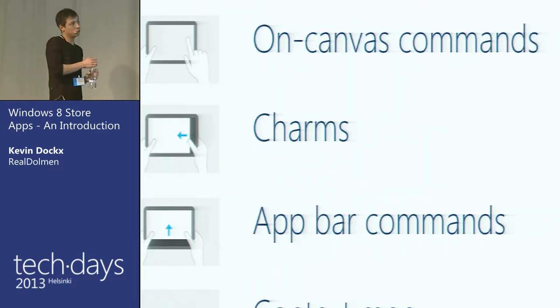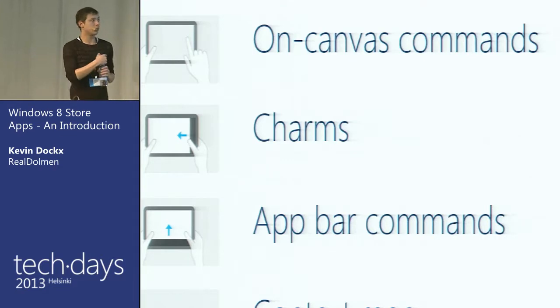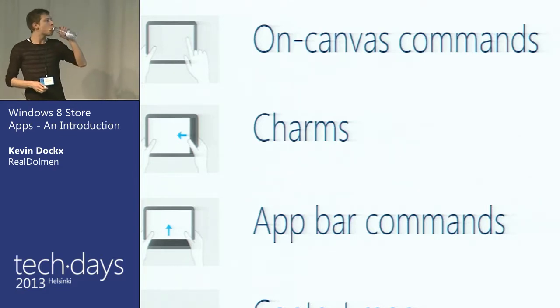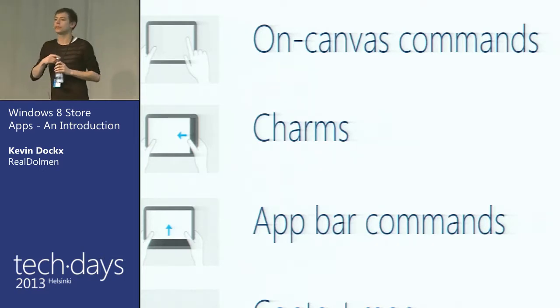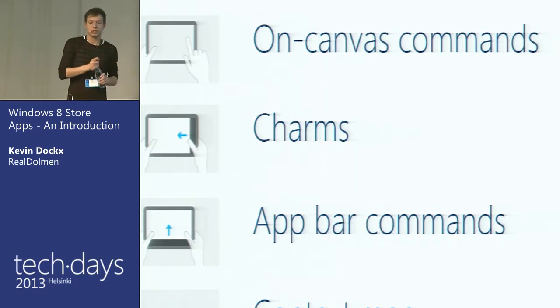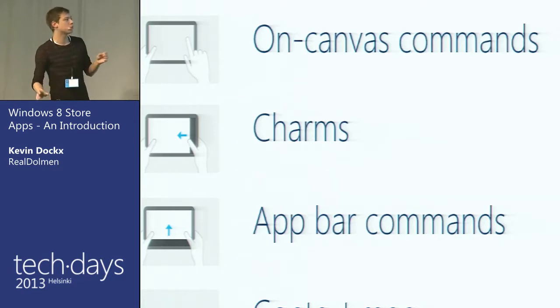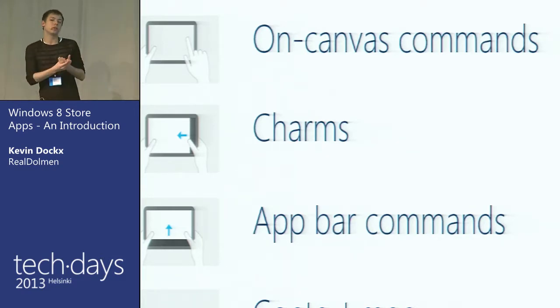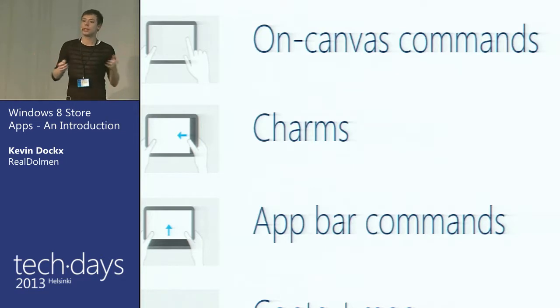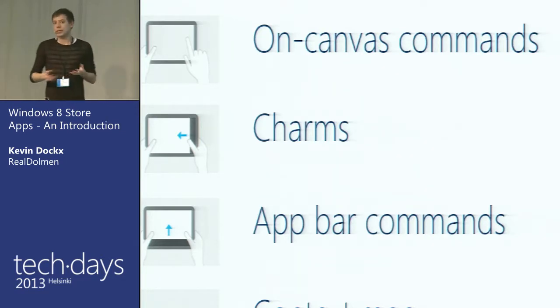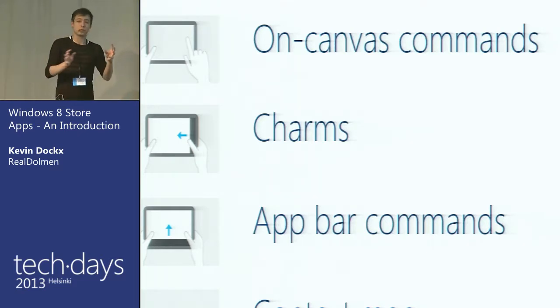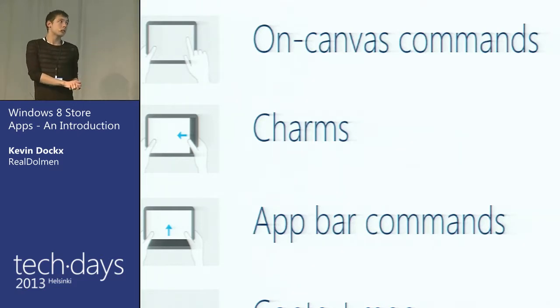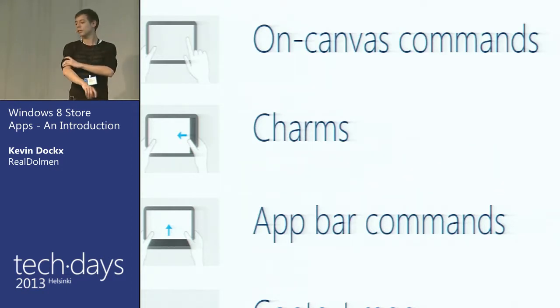Now, important to know, and that's a bit of a design guideline, you should try and hide away a lot of the commands in your app bar. I'd say that really essential commands for your app can be on canvas, but most of the commands should go in the app bar because, again, those commands are chrome. There's a lot of chrome that distracts the user from content. The nice thing is you can make your app bar context sensitive. So you could, for example, say,